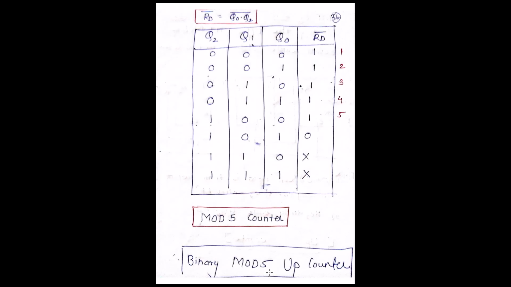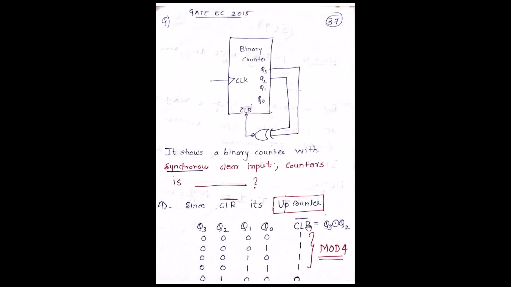If you look at the previous problem, before the clear took place we had 1, 2, 3, 4, 5 states. Hence we had a mod 5 counter. Here we have only 4 states, hence it's a mod 4 counter. So is my fill in the blank going to be written as 4? No, because